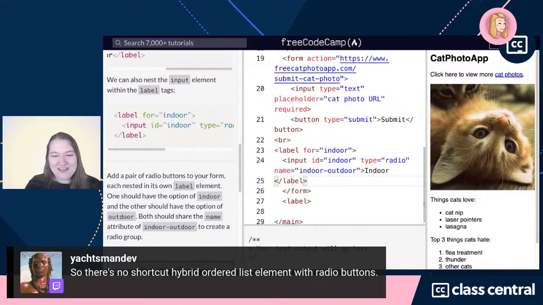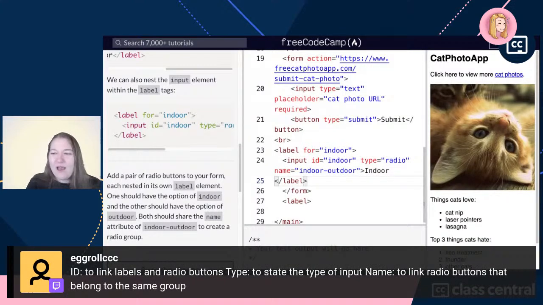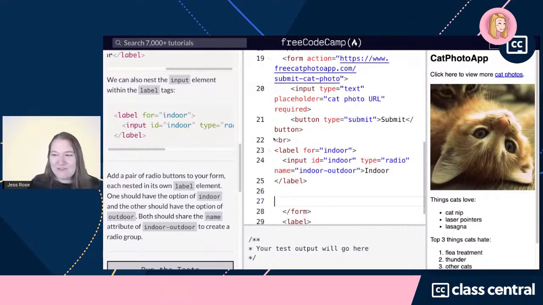But when we do talk about shortcuts, do you know what? While I'm doing this, Eggroll is actually reteaching this for me, so we're going to put that up. While we do not have a shortcut for magically turning an unordered list into radio, we would love that, wouldn't we? What we do have the shortcut of is our assignment right here. It says, make a pair of radio buttons, each nested within a label element. One should have the display text of indoor, and one should have the option of outdoor. Both should have the same indoor-outdoor name attribute. And I bet you money you're going to see what I mean by a shortcut, because the example they've given us here